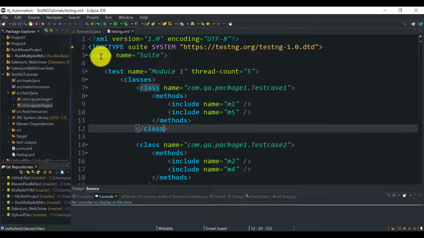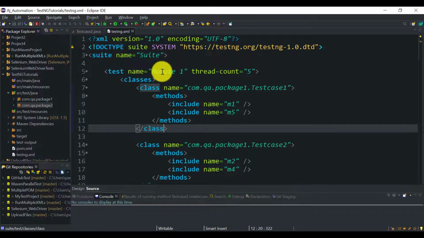Okay, so we are talking about the TestNG groups, which is a group or collection of one or more TestNG methods, not the test. So one way to handle that scenario without using the TestNG group is by adding multiple tests in our TestNG XML file. So what I can do is I can add these multiple tests.